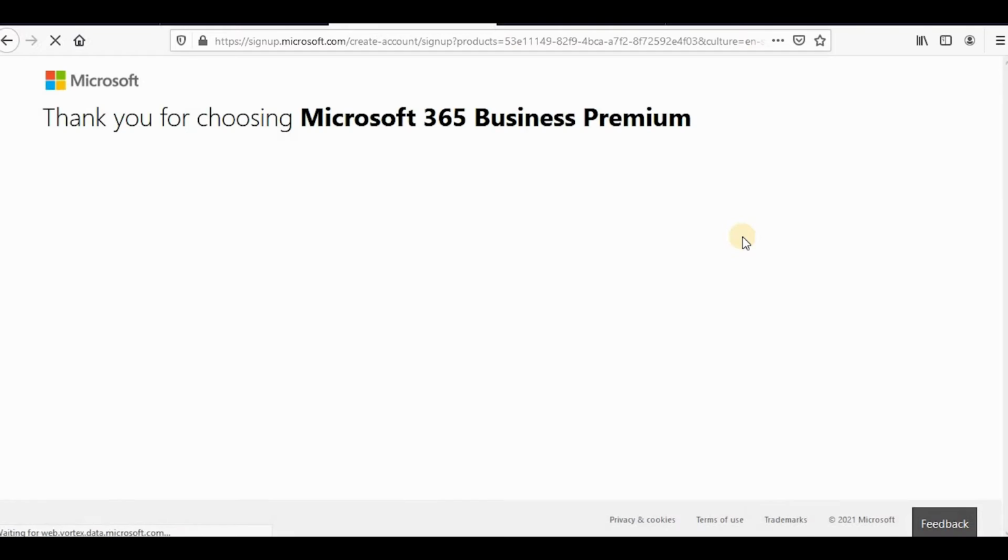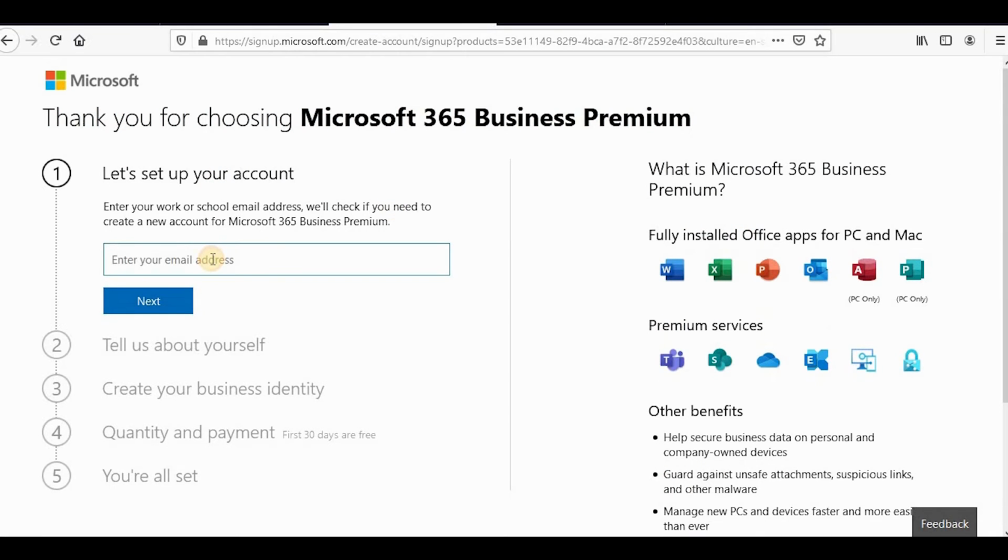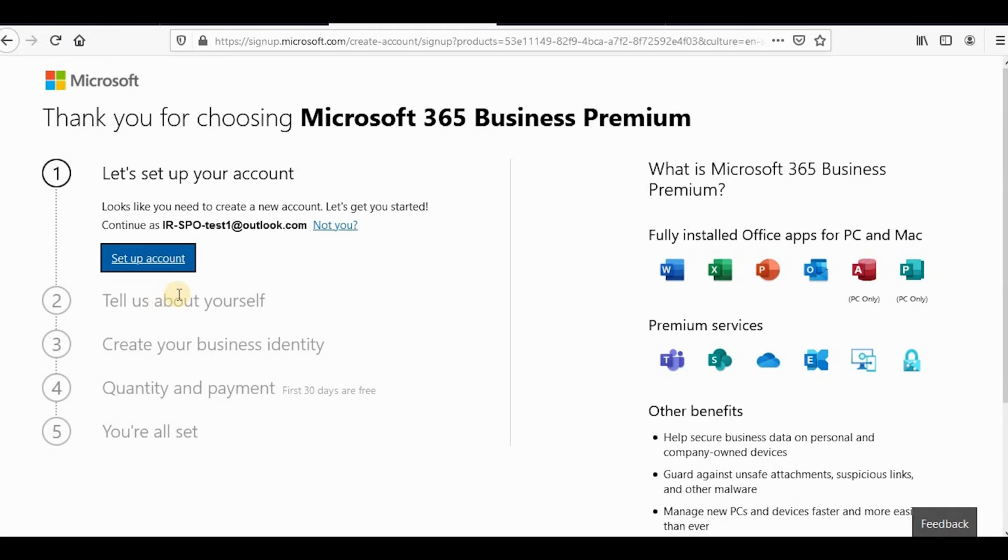Now you will have to enter your email address. Now we'll enter the email address which we created, the Outlook one. So we'll enter that, and then we'll click next, and then it will ask to set up the account. We'll click on set up account,